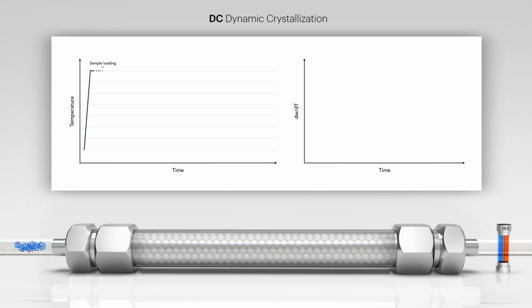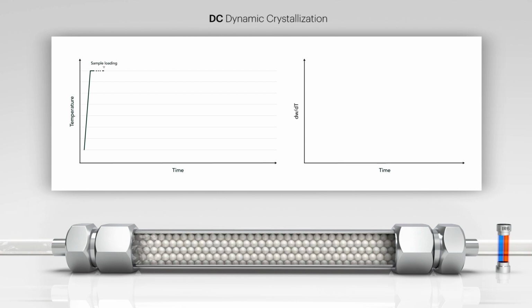In DC, the sample is loaded to the column's head, and once the crystallization ramp begins, a small flow passes through the column. The polymer fractions are deposited on the support when reaching their crystallization temperature, achieving a physical separation along the column's length. The crystalline homopolymer fraction remains at the head of the column, and the most amorphous fraction flows toward the